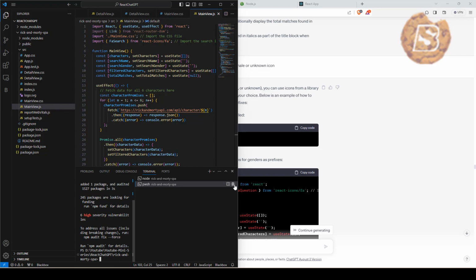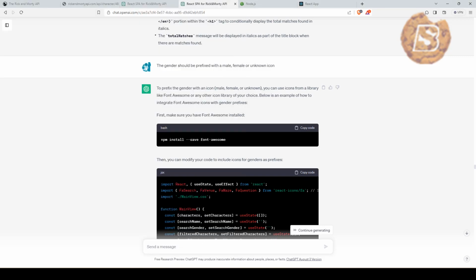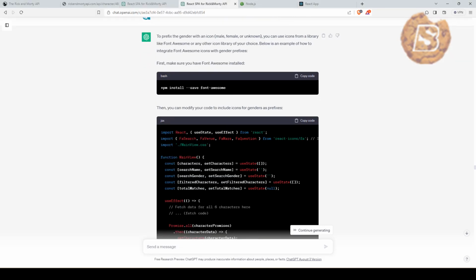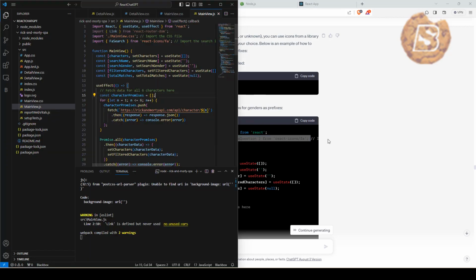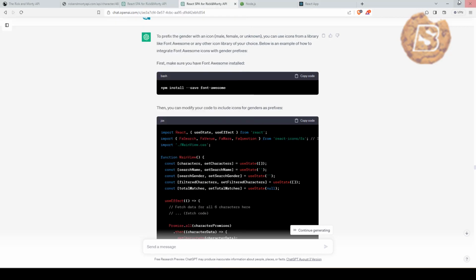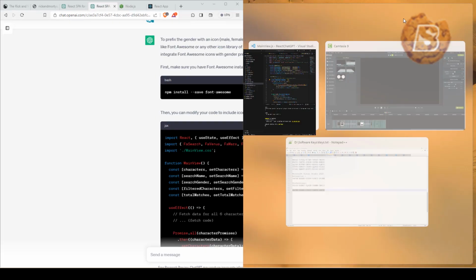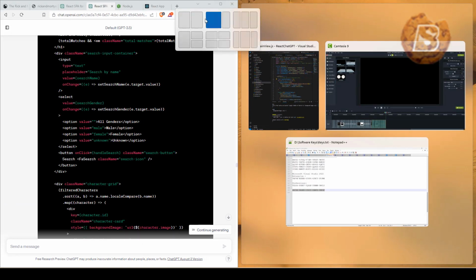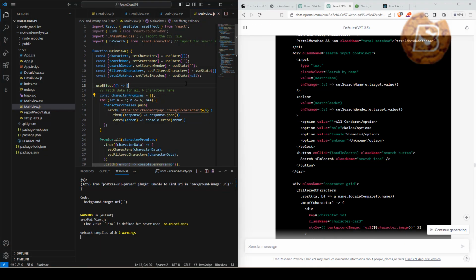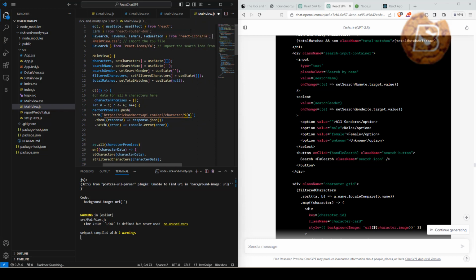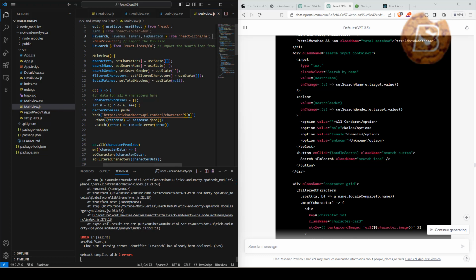we'll close this. We'll be going back and we'll be copying this piece of information now. So we're saying faSearch, faVenus, faMars, faQuestion. Let's copy this, and over here we'll be pasting the same. So here we'll say from icons,